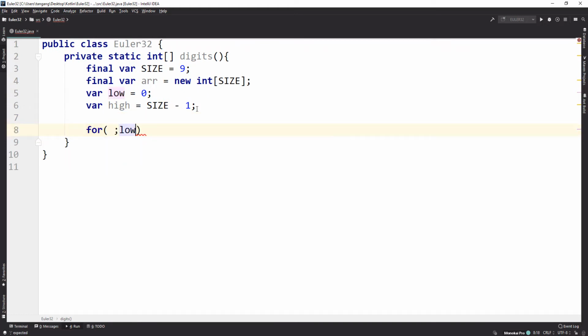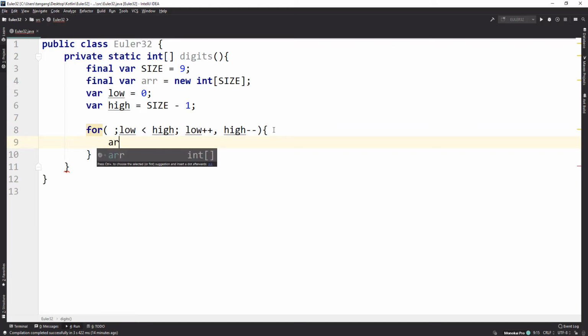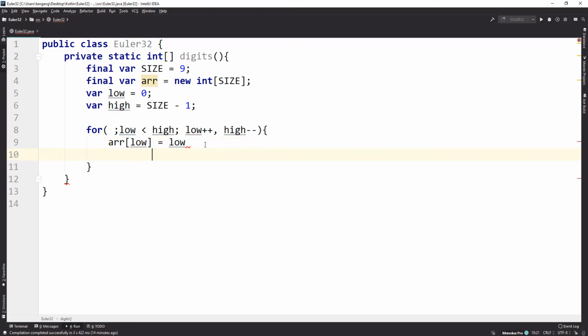It's going to say while low is less than high, you're going to do low plus plus and high minus minus. What we want to do next is say that the array at subscript low is going to equal low plus 1,